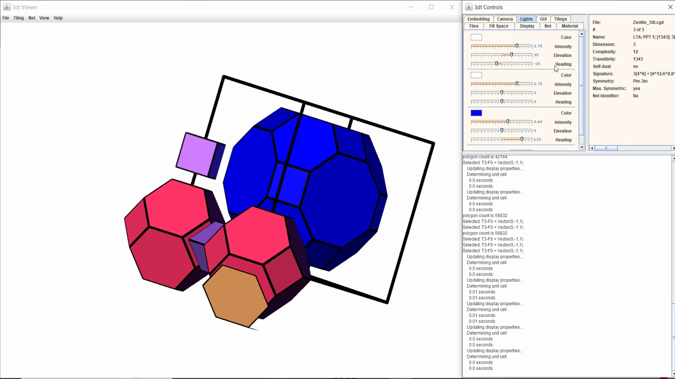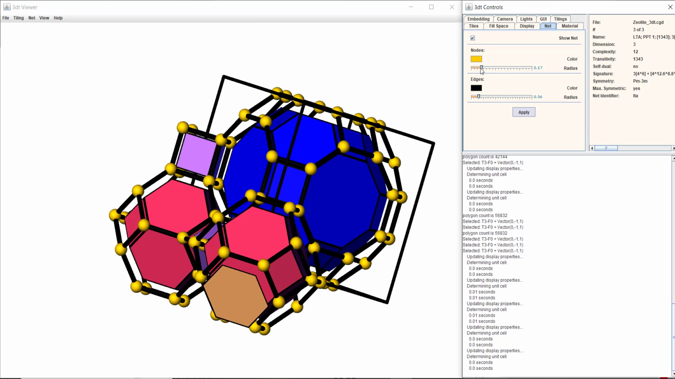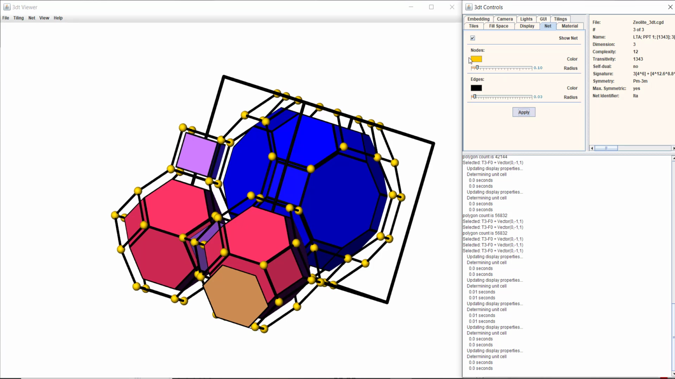So I mentioned the net when I was talking about the controls, and that's something that you can actually add on top of your tiling here. So if I say net, update net, it will actually add the net on top of the tiles that I've drawn. So I can actually edit that net as well if I want. So I can make the edges thinner, make the nodes thicker. And then each time I add a new tile, I can then say update net, and it will incorporate that